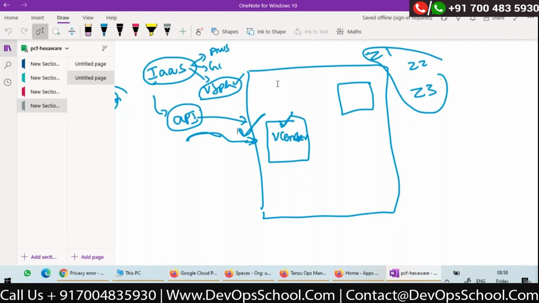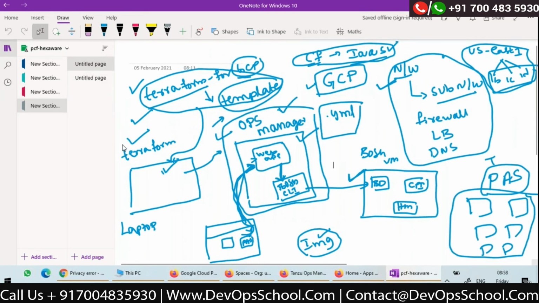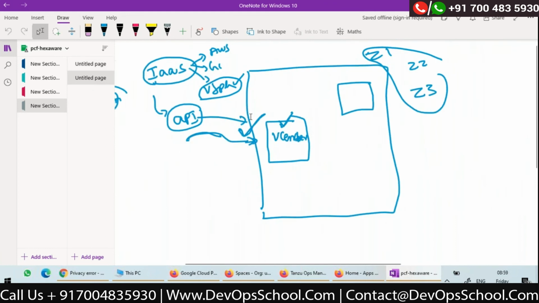No, we will get it. See, in this case, what I told you is Terraform will create this Ops Manager automatically if you are using Google Cloud or AWS. But if you are using something like vSphere, there will be a vSphere image given to you by Cloud Foundry. You can use that image and create a VM in your vCenter.